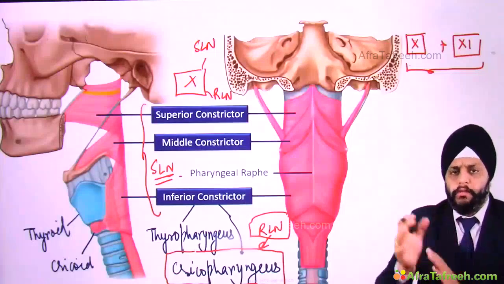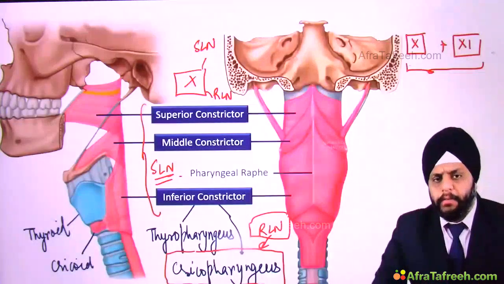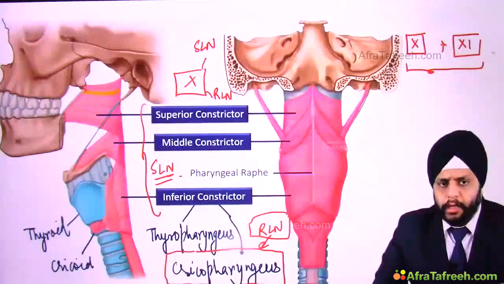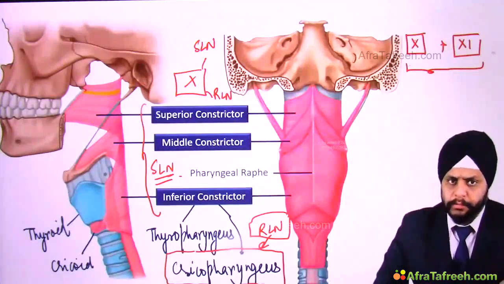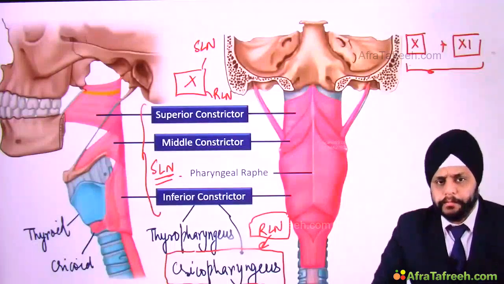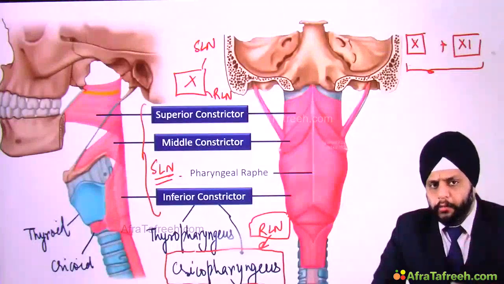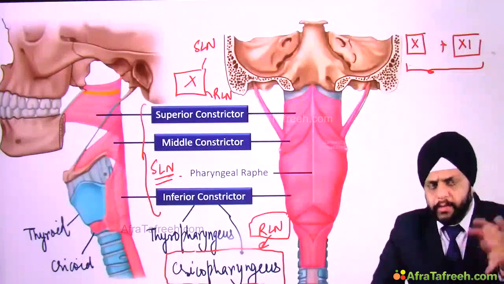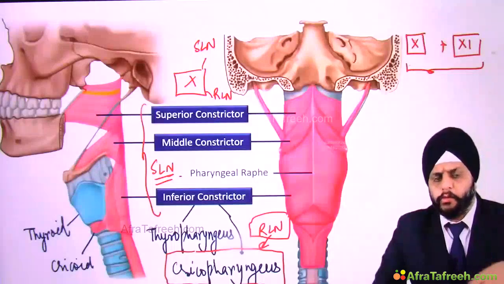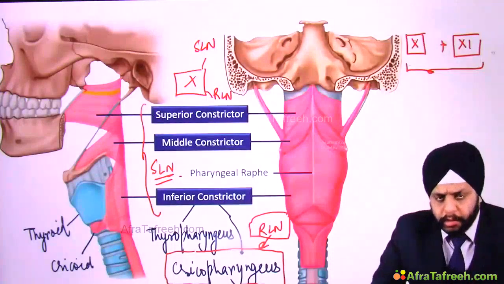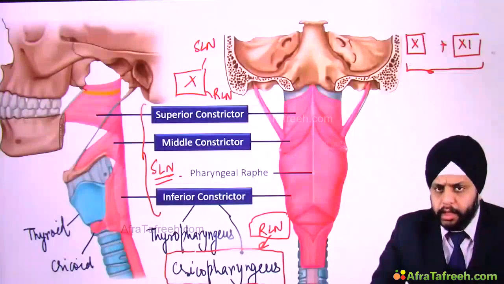So it is out of this complex also, it is supplied by the recurrent laryngeal nerve, the cricopharyngeus muscle. Right? Okay. So all the remaining are supplied by superior except the cricopharyngeus. And yes, if you say all of them are supplied by the vagus, that is correct, because both superior and recurrent are branches of vagus, 10th cranial nerve. Okay,